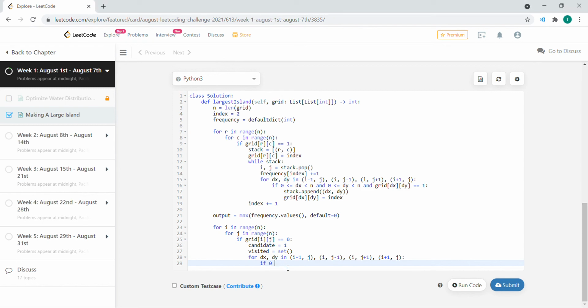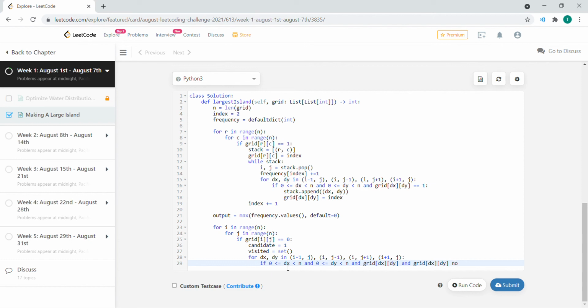So if changes in y is greater than or equal to 0 but less than n, and the same thing with x, greater than or equal to 0 and less than n, and the grid itself at the changes in x and y direction